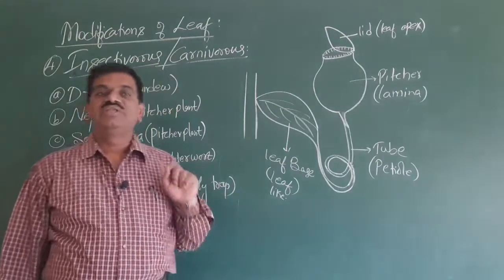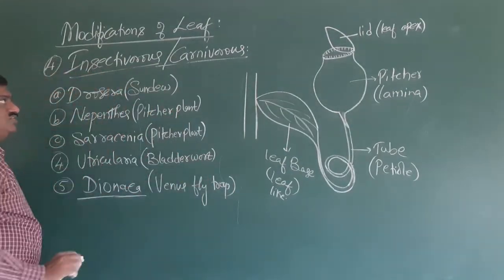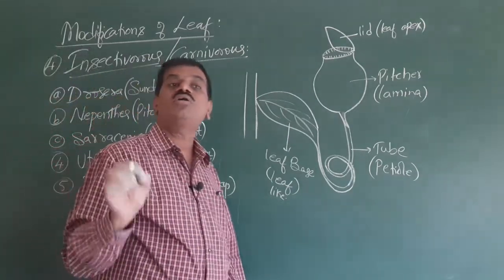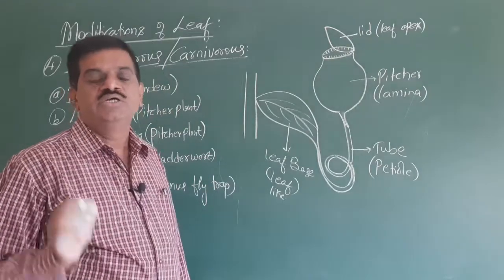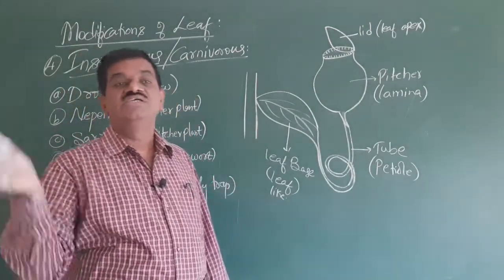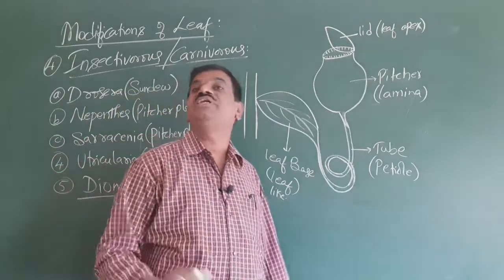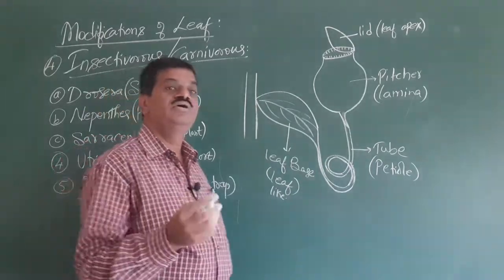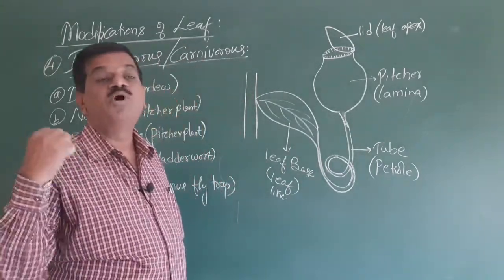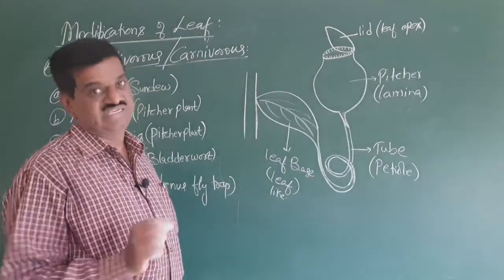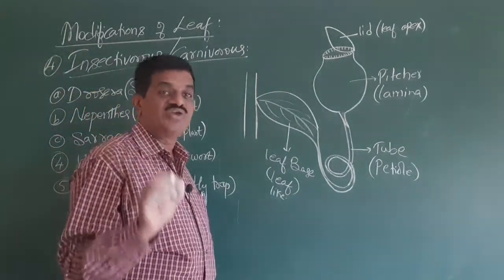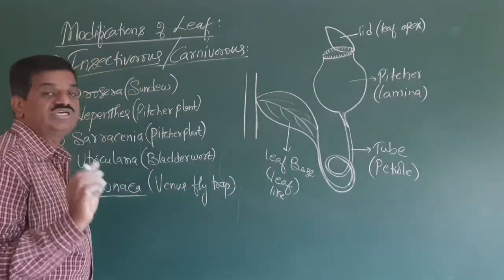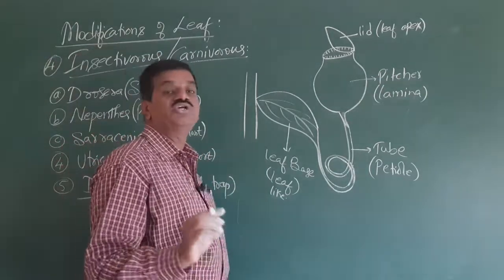So we go for the next one, called insectivorous plants, leaf modifications. In this, the next one is called insectivorous or carnivorous. So we know that very commonly insects sit on a leaf and it is eaten off, so we are destroying the crops in the presence of leaves. But here some of the leaves are modified for capturing the insects. So here the leaf is modified for capturing the insect, hence they are called insectivorous plants, or carnivorous plants.